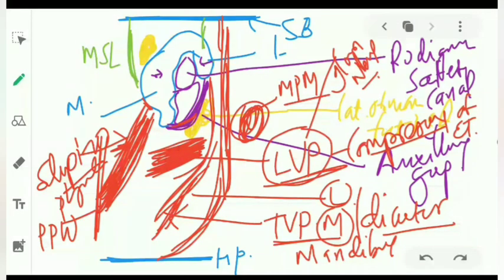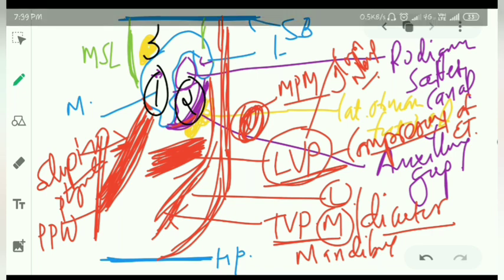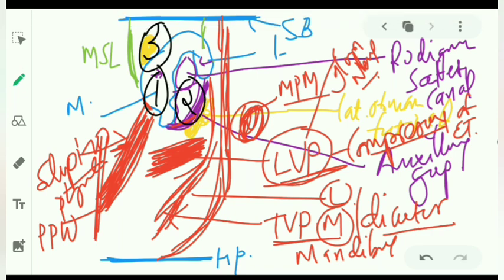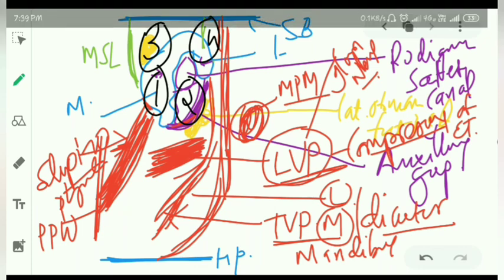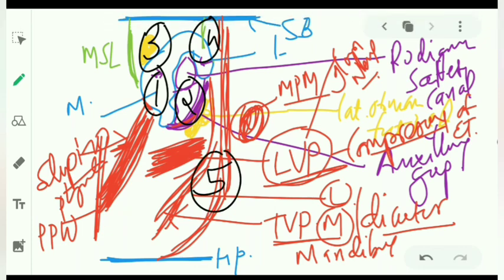So there are five compartments in the cross section of the Eustachian tube. First is the cartilage, second is the lumen, third is the Ostmann fat pad, fourth is the suspensory ligament, and fifth is the muscle.